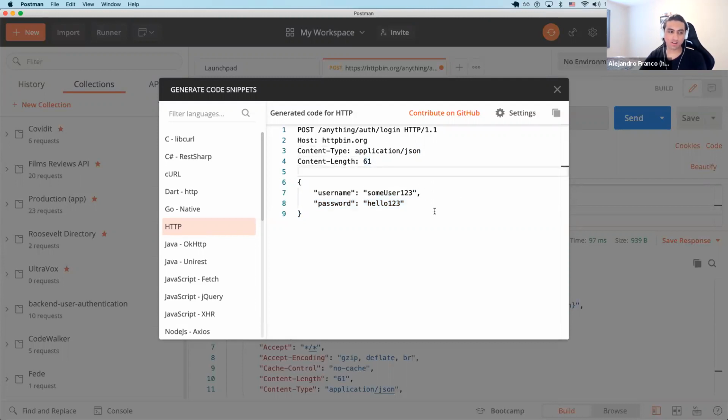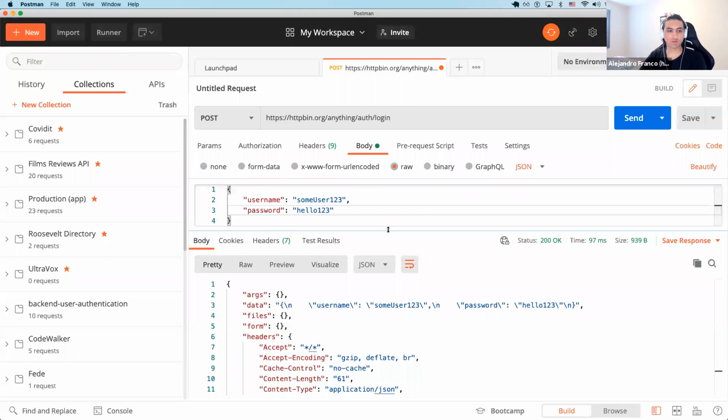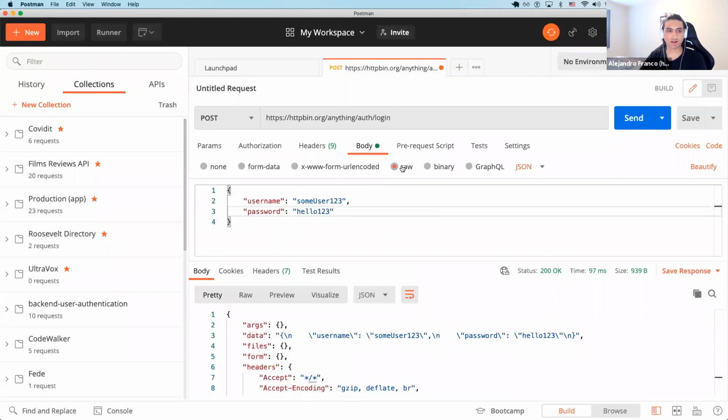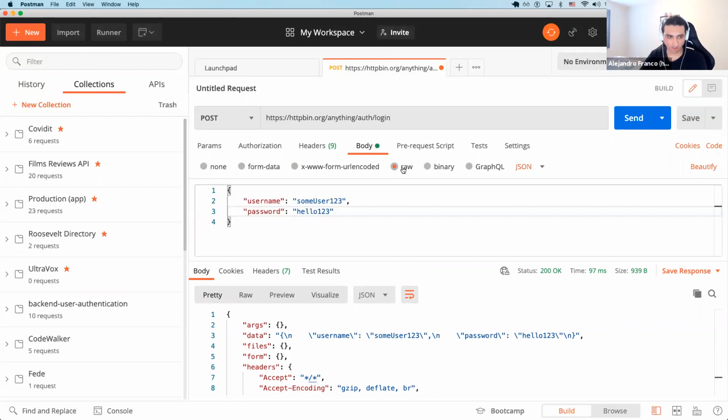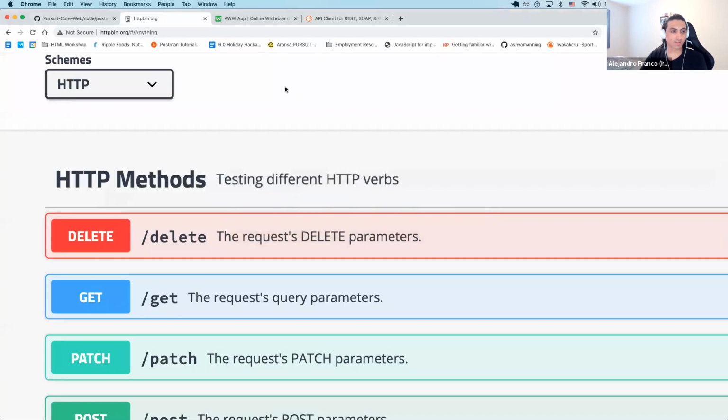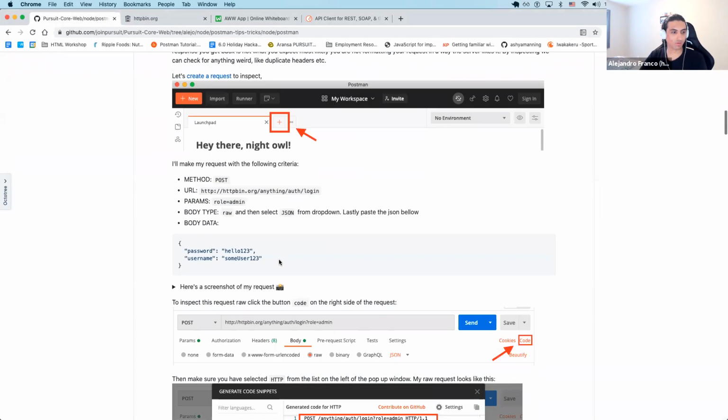Okay, so this is it on this side, just being able to inspect the request raw and looking at it. So you might not have used raw JSON here before. Most commonly we use x-www-form-urlencoded. And here's the exercise. So the exercise is, if I go back here,